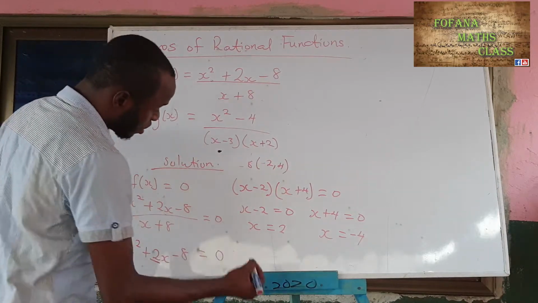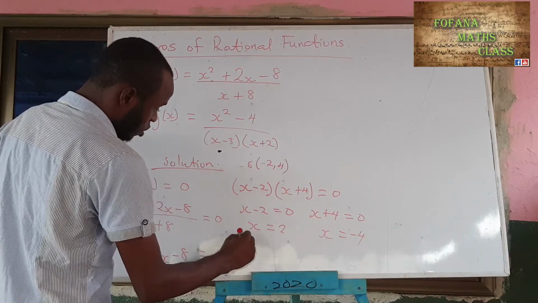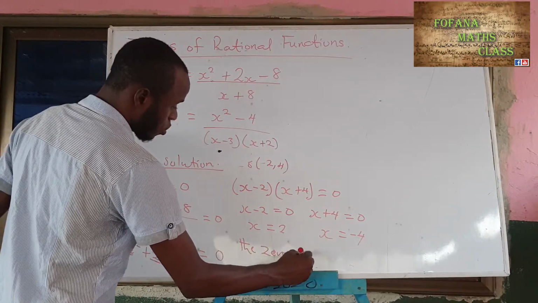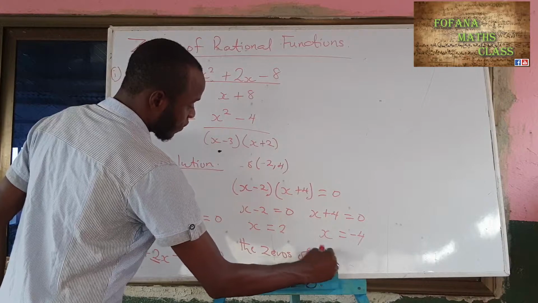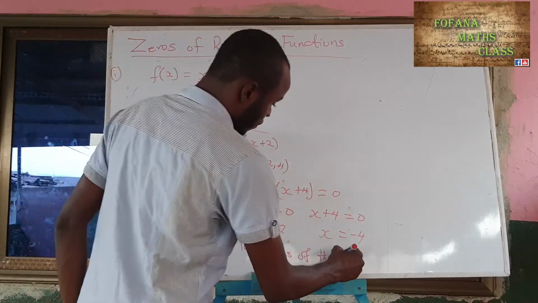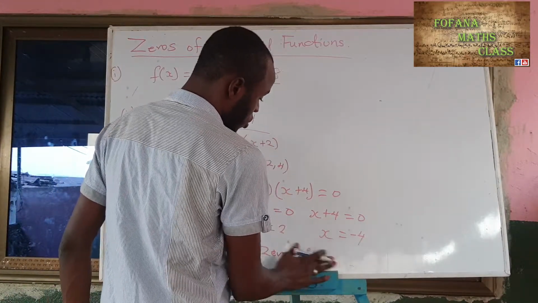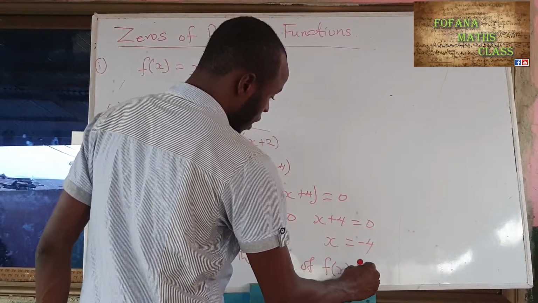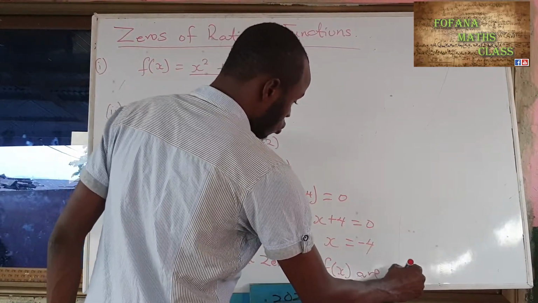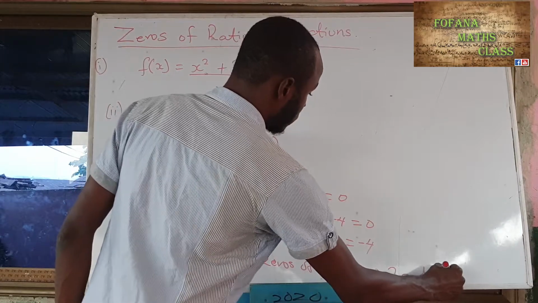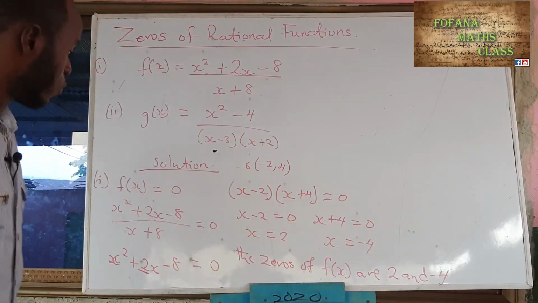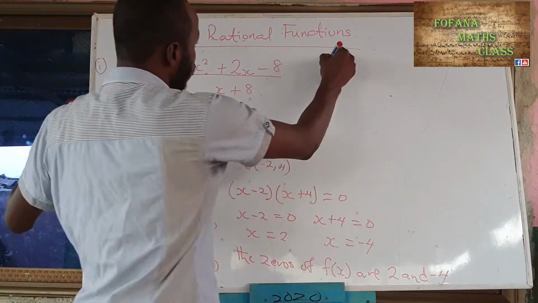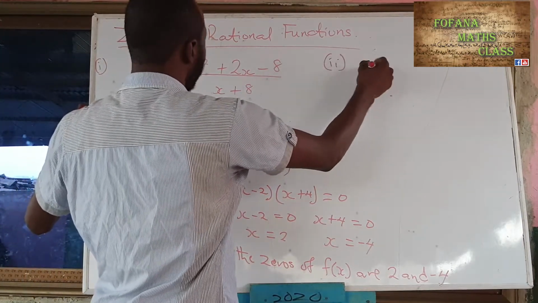Okay, so now after getting them, you state that the zeros of the function f of x are 2 and minus 4, and you'll be done with the question. Okay, so quickly let's look at the second question, which says that we have g of x equal to x squared minus 4 all over